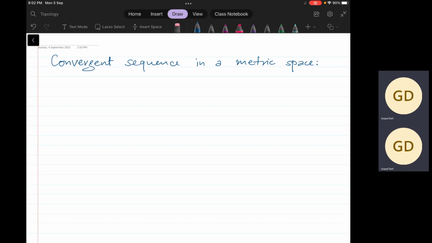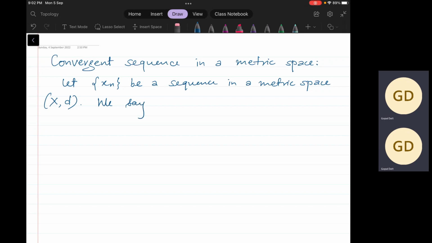Now, let xn be a sequence in a metric space, say (X, d). d is a metric on X. We say xn converges to a point, say x naught in X,